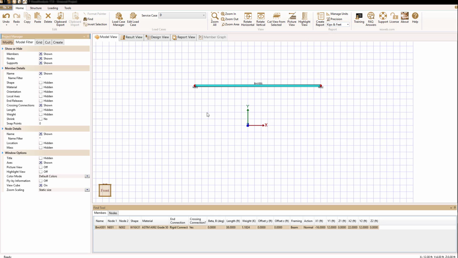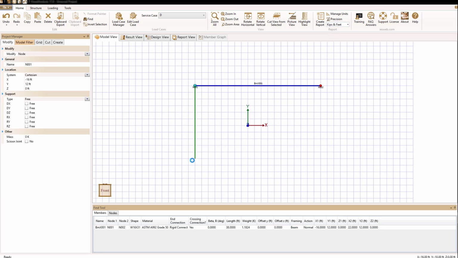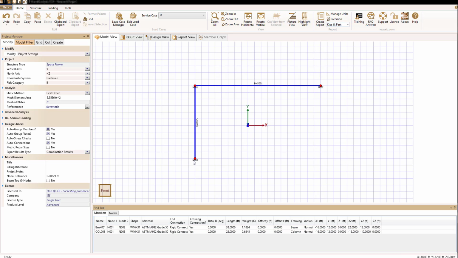Let's now talk a little bit about naming. As you noticed, I drew this member and I have my node names and member names turned on. The nodes were named starting at N001 and N002, and the beam started naming at BM001. As I continue to add to my structure, for instance, if I draw a column, the next node created